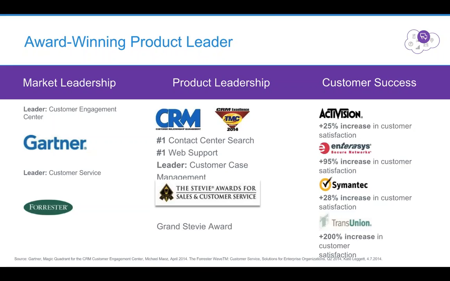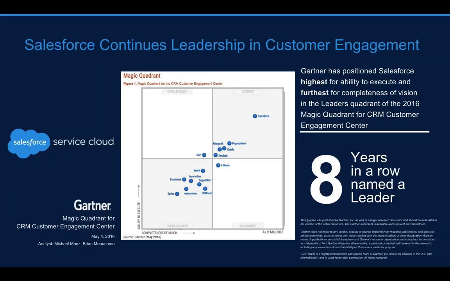Don't just take our word for it, though. Service Cloud and Salesforce as a company has been ranked by Gartner and Forrester as leaders in our industry. Also, you can see our product leadership ranked year after year as a leader in this space, both in service and in other areas of our business. But all of these awards are just representative of the success that our customers experience. You can see some of the examples here on the right with Activision, Symantec. Obviously, these are some very large, successful customers. But across the board, from the smallest companies we work with to the largest, these are just powering our success